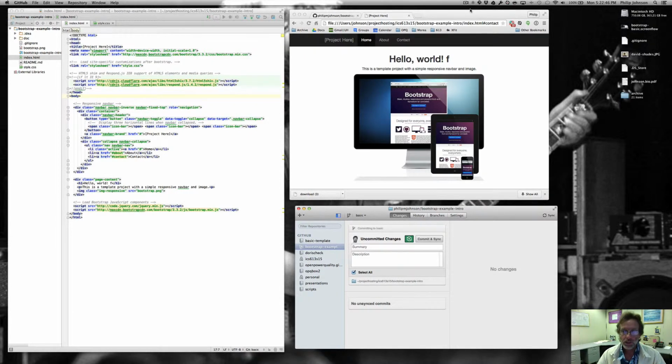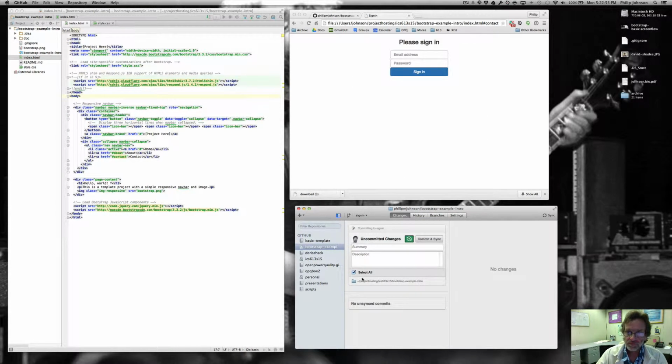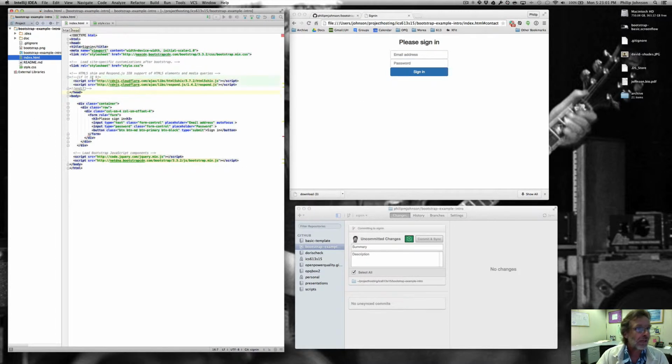In the second screencast we're going to look at a different branch. Right now we're in the basic branch. Let's switch over to the sign-in branch. When we switch over, because we have live reload loaded, it automatically shows that. And if we go over into IntelliJ IDEA and click into it, this refreshes with the contents of this branch,